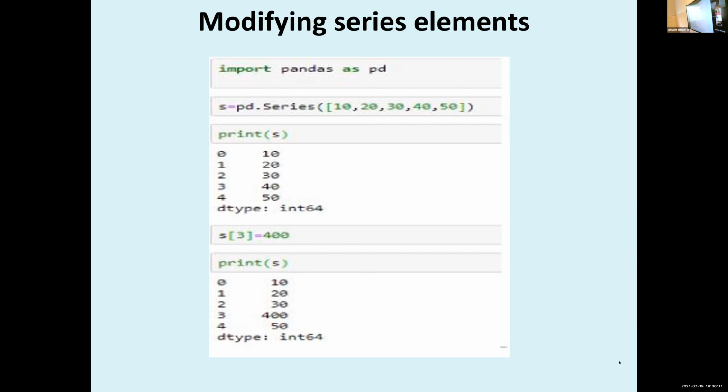Okay. How can we access the elements? We can access the elements using index value. Loc and iloc are there. The same way, we can simply access a series using index value.